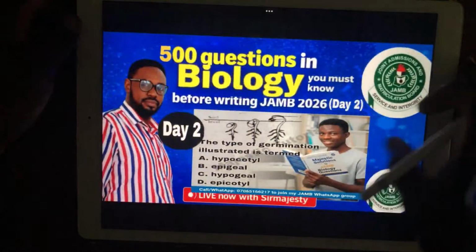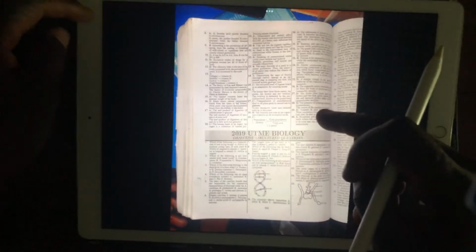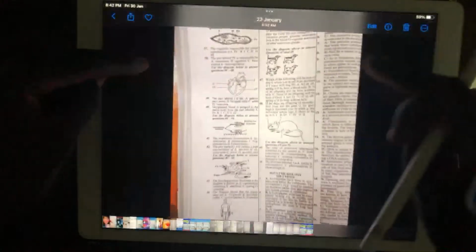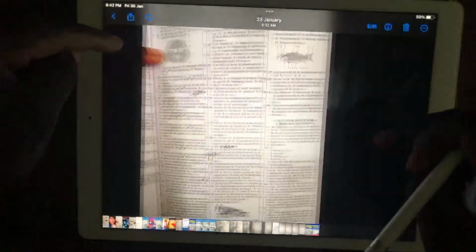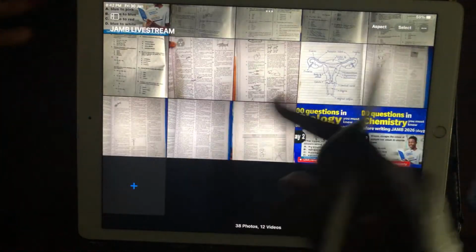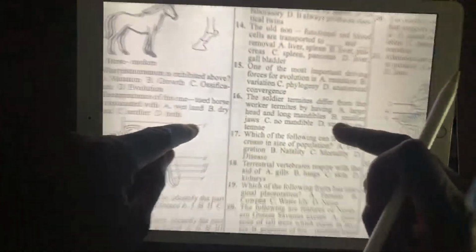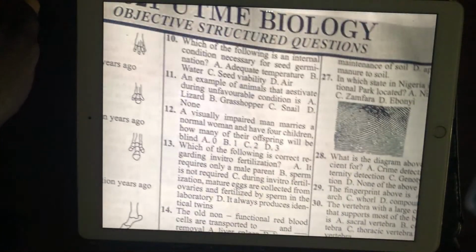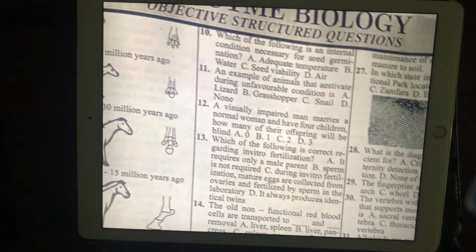At least let's take account of where we stopped for this biology. Last time we took 18 questions, and today we are able to cover. Remember, it's not just the answering, it is the explanation that matters. You have this past question, but you don't have these explanations I'm giving you, which will help you to answer other questions subsequently. Today we stopped at question number 13. So 18 plus 13 giving us at least 31, if I'm not mistaken,